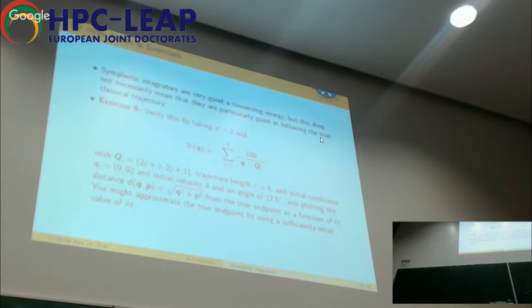So just work with d equals 2, so just a 2-dimensional motion of a particle in 2 dimensions. And the potential is basically an attractive gravitational potential, a Newtonian potential. So I randomly put 100 in the numerator for the mass. And downstairs I have the square root of the square of q minus Q. q is the position of your particle, capital Q is the position of some other fixed particles which are trying to attract it. So the potential is an inverse attraction between these 2 bodies, and you can put these heavy masses trying to attract it